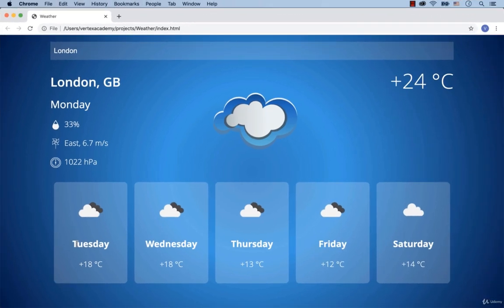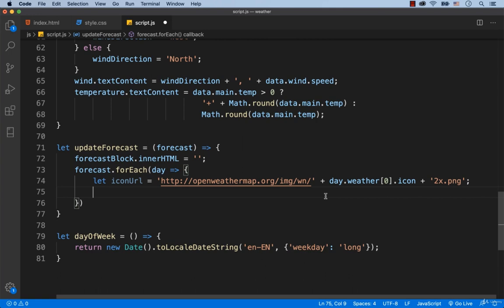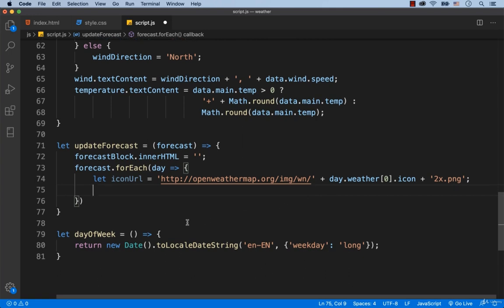Hi and welcome back. In the previous video, we inserted the relevant weather icons for the block with a 5-day forecast. So now we need to add a relevant weekday. In fact, we have already done it in this block where we found out the current weekday. As you may remember, we do this with the help of the function called day-of-week. So we just need to make some changes to this function and it will work for the block with the